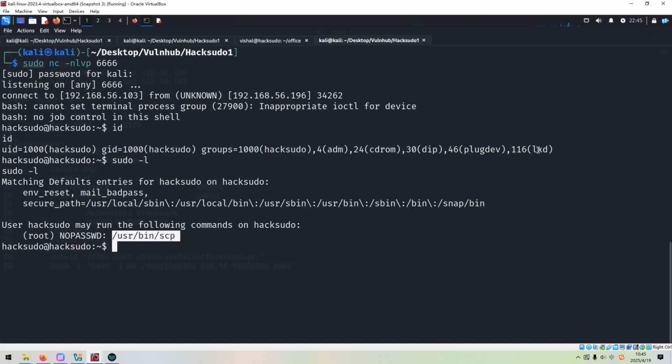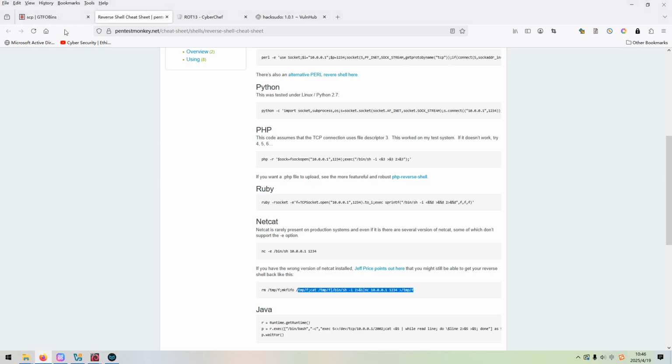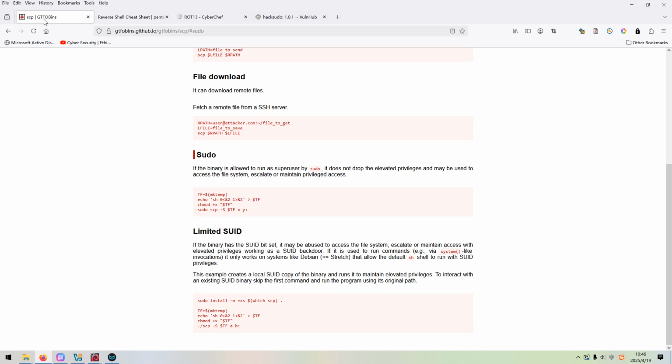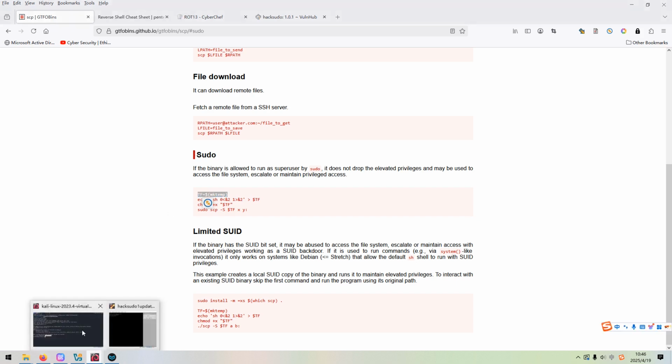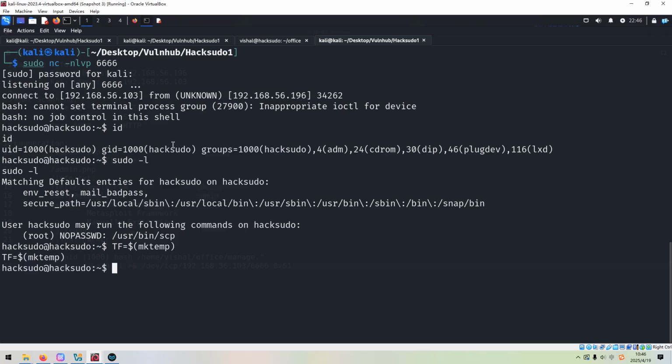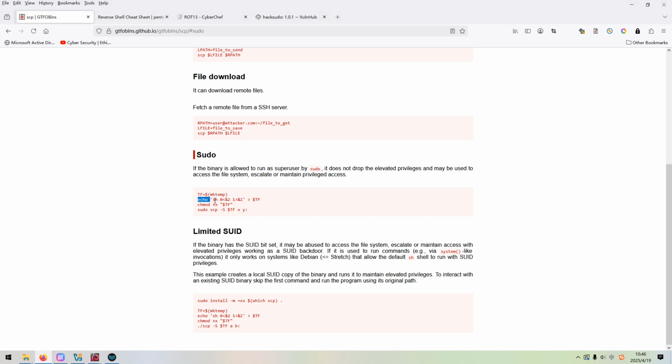As you can see, I think we can take an easier way. If you want to exploit this membership, we need to download an image from GitHub and then upload it, and then do some configuration, import the image, something like that. A bit complicated. So I think it would be wiser for us to utilize this SCP command to elevate privilege. But how to do it? We can go to this website, GTFOBins, and we can simply follow the instructions. We can copy, paste over here, and copy the second line,